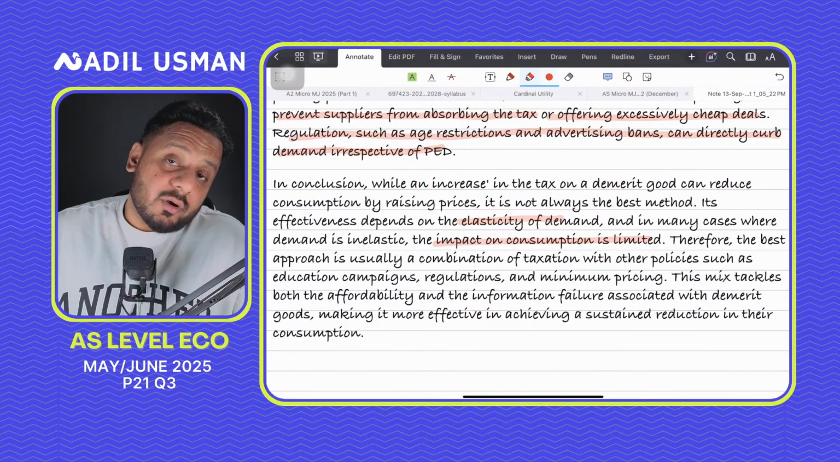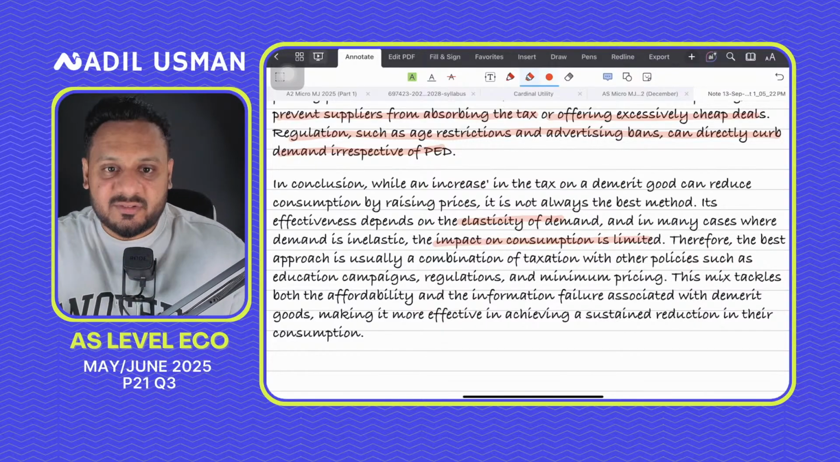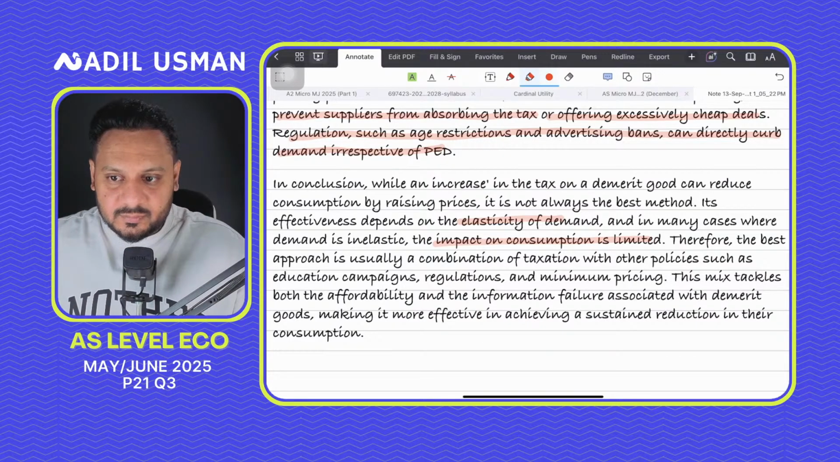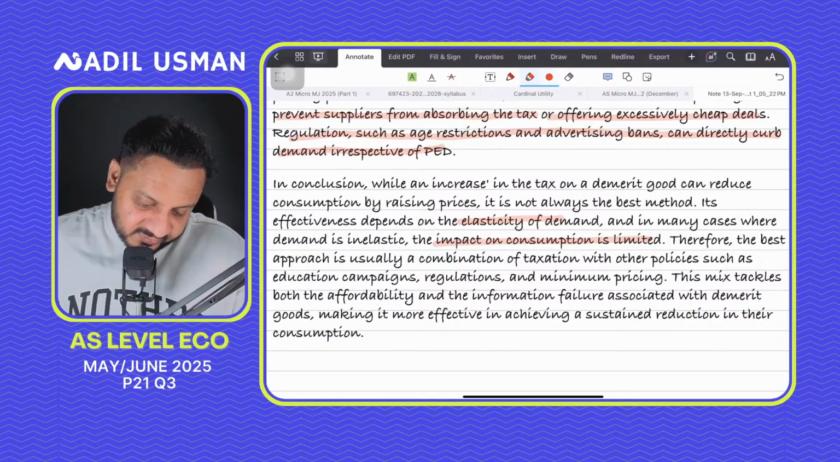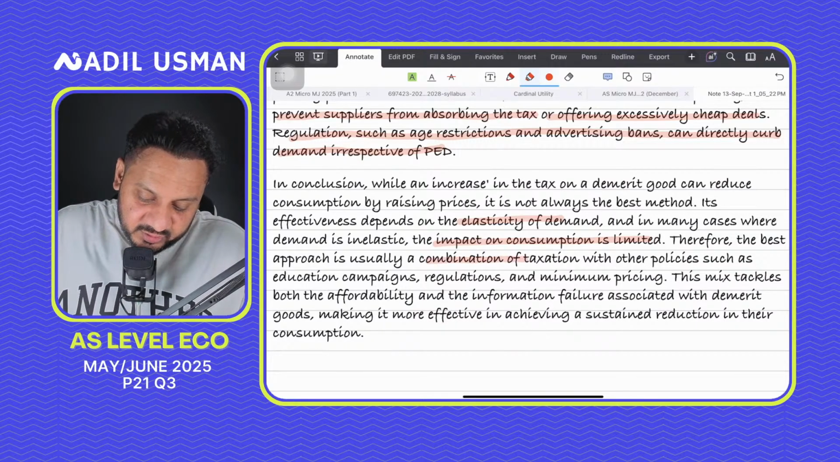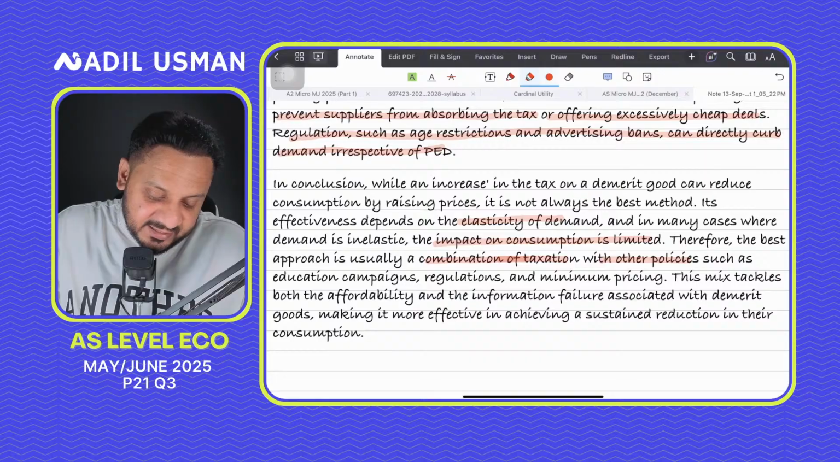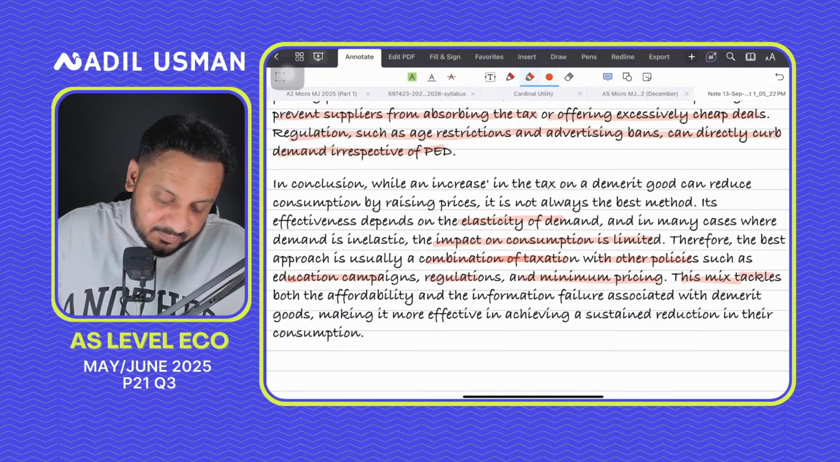So it won't really solve the overconsumption problem. Therefore, now you suggest a solution in judgment: the best approach that you can use is a combination of taxation with other policies, such as education campaigns, regulations, and minimum pricing. This mix of policies tackles both the affordability